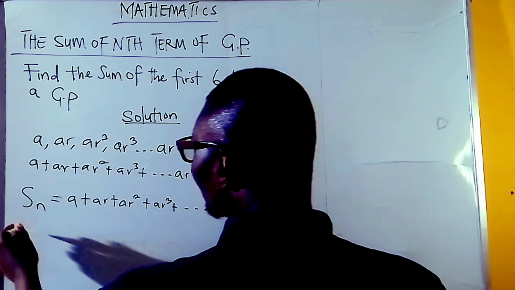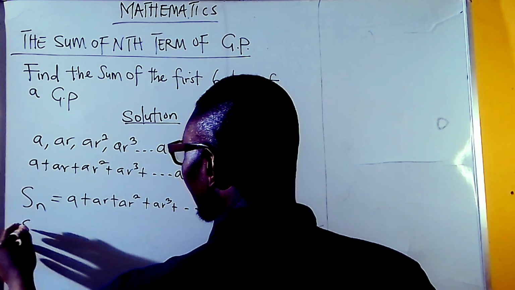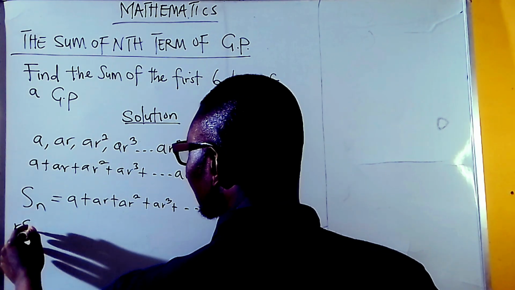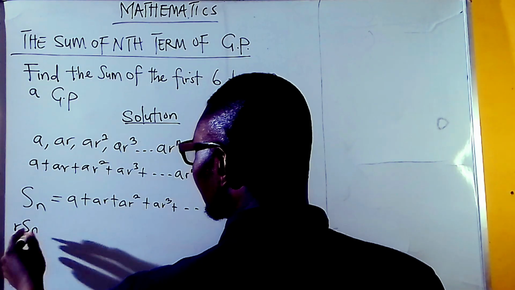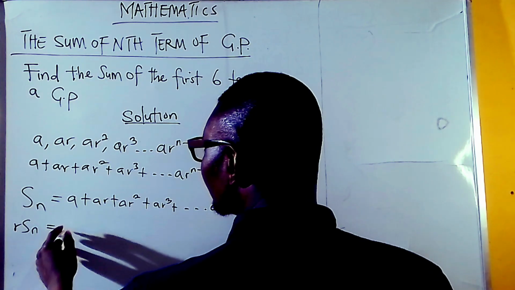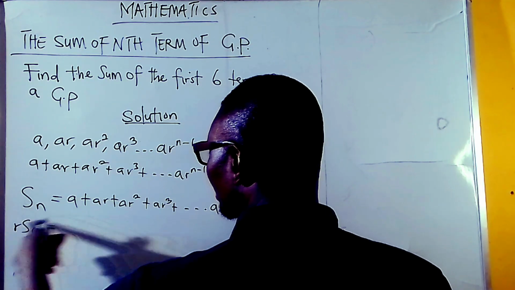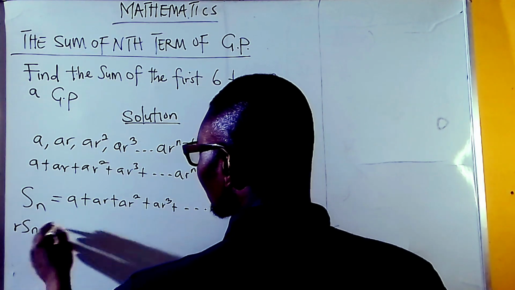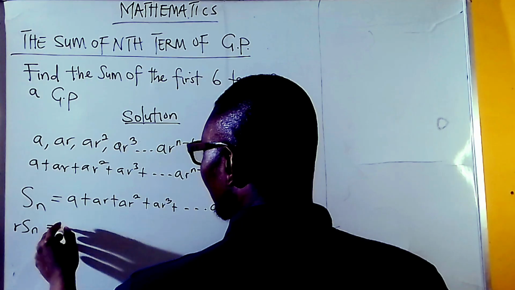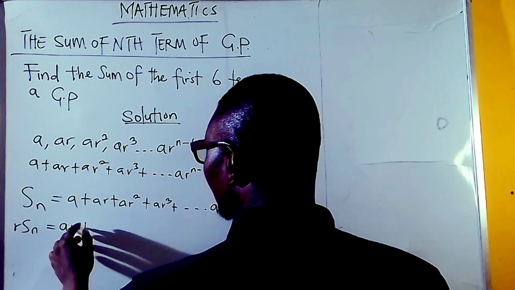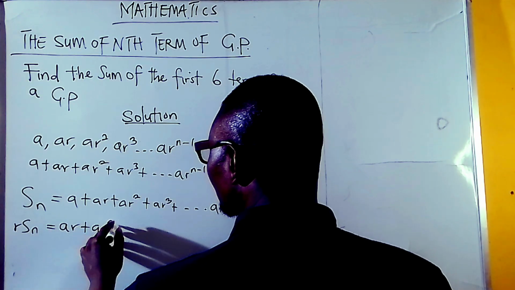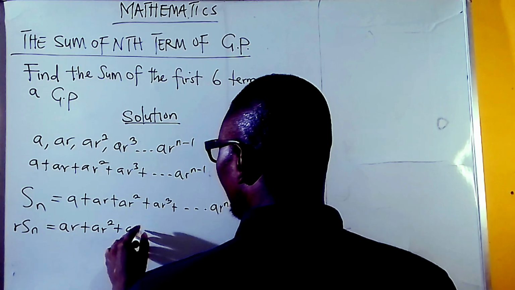So if we multiply r all through, we have r times the sum of n terms equals, since I've multiplied r to Sn, r times a will now have ar plus ar^2 plus ar^3